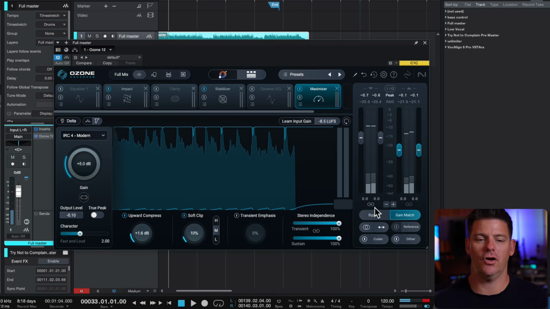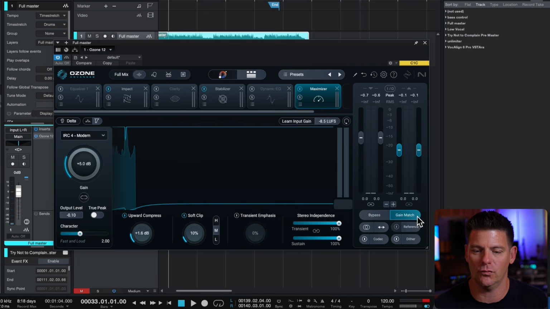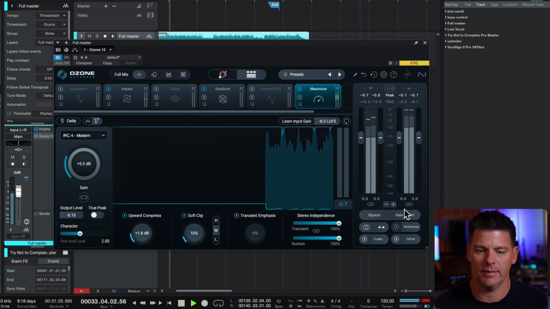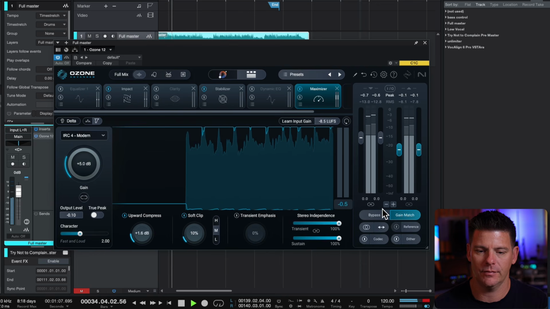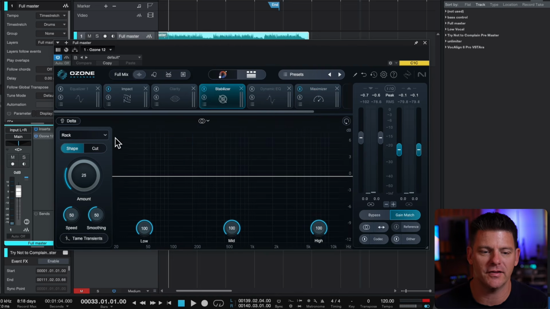All right, now we're getting closer back to where the pre-master is, but we've got some limiting, and watch if I hit this gain match off, it's going to be quite a bit louder already. So that's working in our favor. Now, the stabilizer,